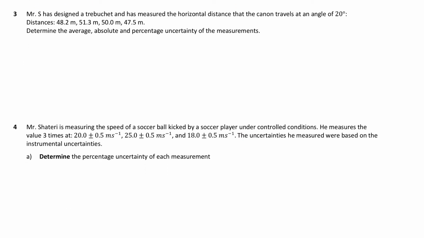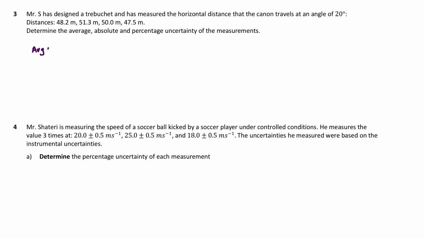In the next question, we got Mr. S has designed a trebuchet and has measured the horizontal distance that the cannon travels at an angle of 20 degrees. The distances are 48.2 meters, 51.3, 50.0, and 47.5. Determine the average, absolute, and percentage uncertainties of the measurement. Starting off with the average,